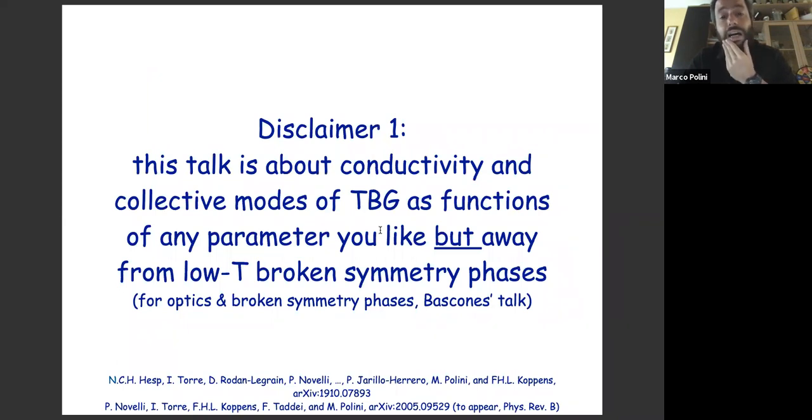I have 3 disclaimers. I believe we have taken a very humble approach here. The problem is complicated enough, and even knowledge of the details of the single particle Hamiltonian is still unclear, so imagine the calculations including many-body effects. So our humble approach was to begin from high-temperature physics and essentially carry out studies of the collective modes and the optical conductivity of twisted bilayer graphene in a wide range of twist angles at room temperature, because that's where